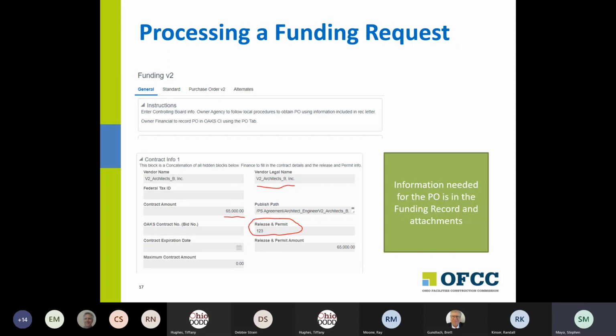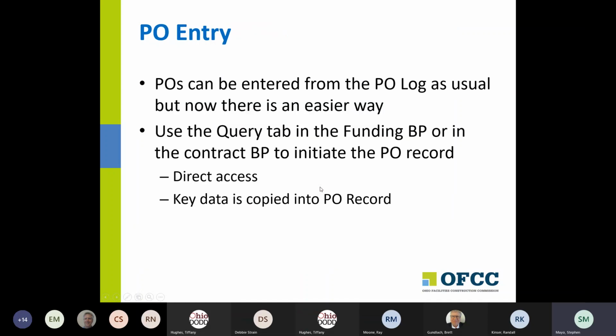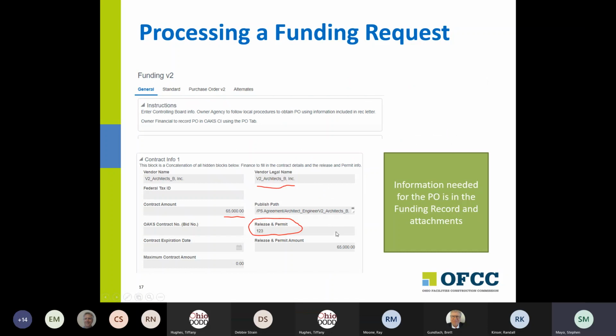A lot of the information that you need, I think I talked about this earlier, for creating a purchase order should be right here in the contract info block. And so this is where you'll find the actual release and permit that we put together. And I don't know if that looks like anything like a real release and permit or not. It's just test data. But you'll find the vendor's name, the amount of the contract agreement, their tax ID. And as you can see in our test data, we didn't have one, but it will be there. We'll have their legal name from the vendor record,